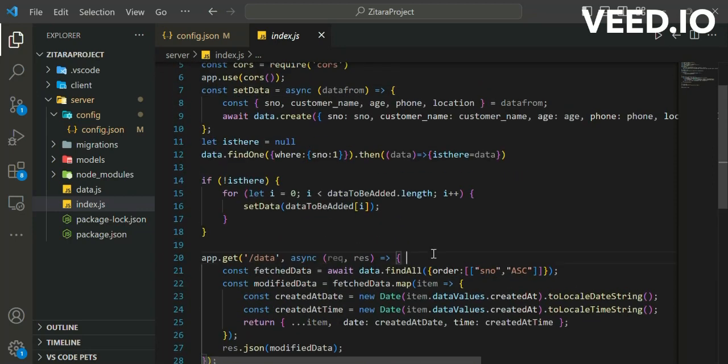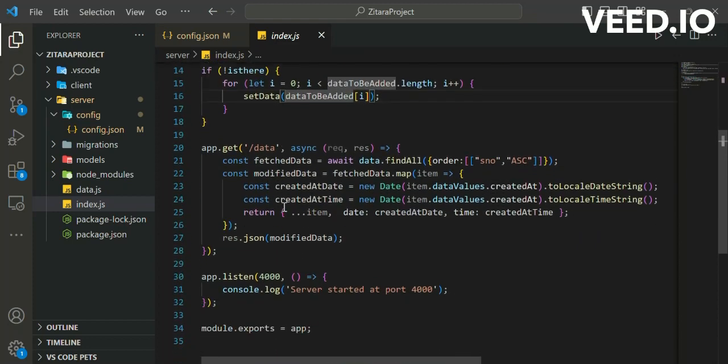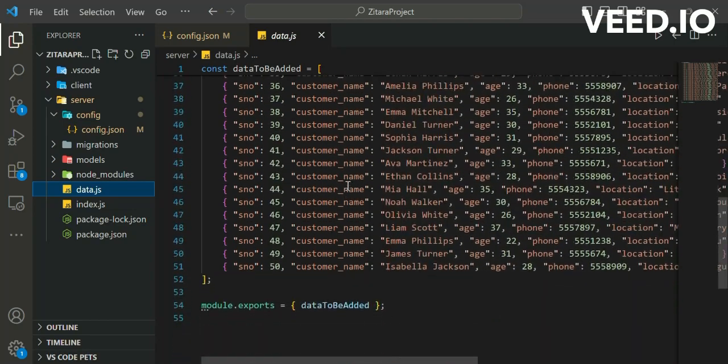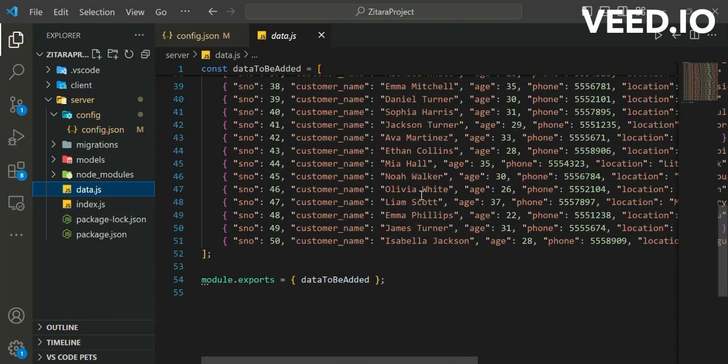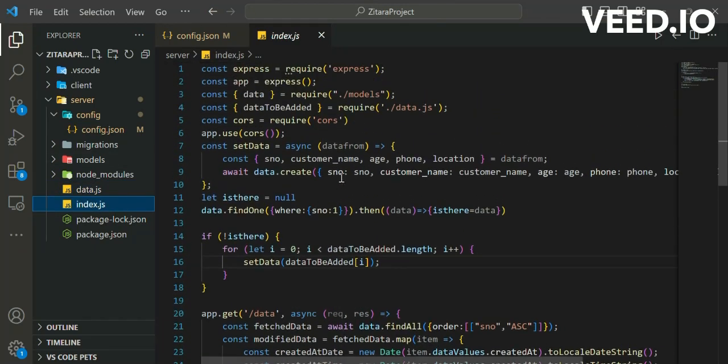Let's move on to the index.js file, which works as the backend of my application. I have written a GET API to extract and return the data from the backend. As a requirement, I have created a data.js file and